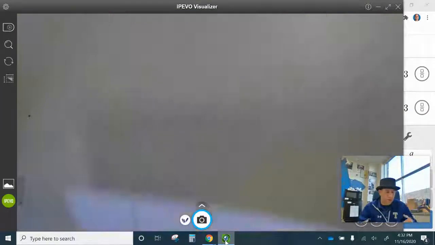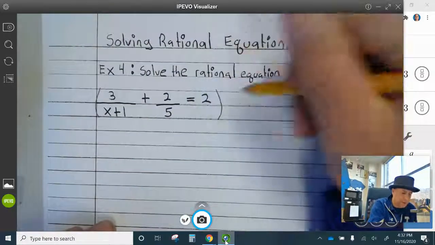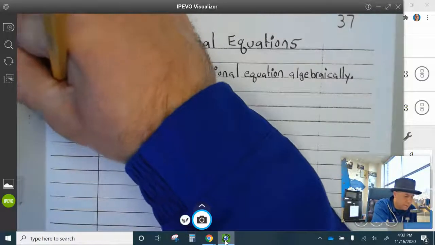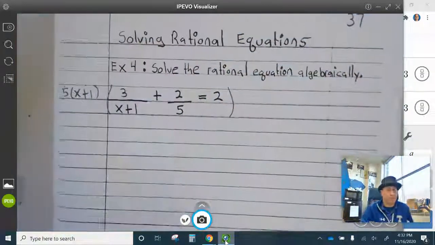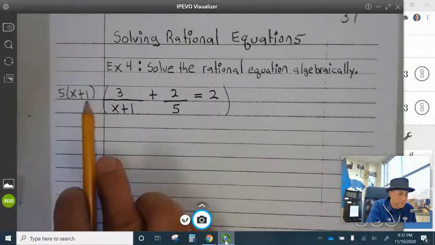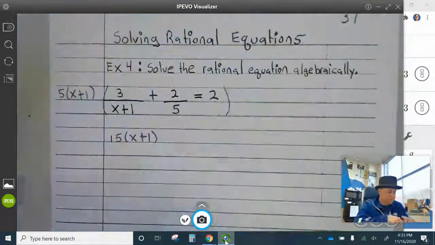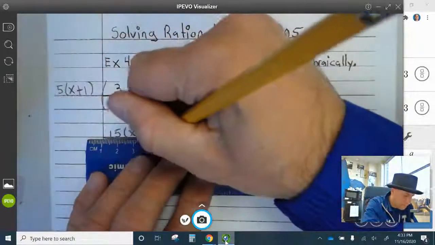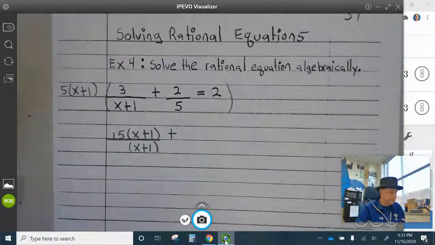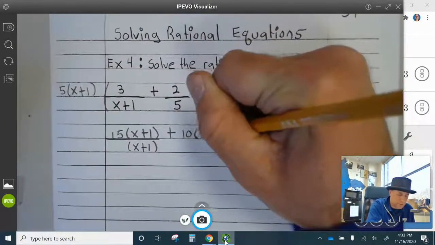All right, example 4. We need to multiply by the common denominator. And the easiest way to find the common denominator is we multiply the denominators. So 5 times x plus 1. So we're going to multiply everything by 5 times x plus 1. If you do this correctly, then the denominator will go away. So 5 times x plus 1 times 3 is 15x plus 1 divided by x plus 1 plus 5 times x plus 1 times 2 is plus 10 times x plus 1